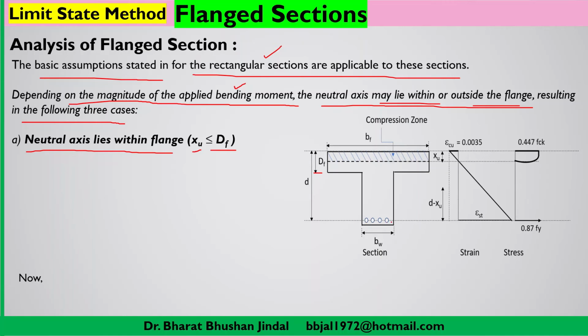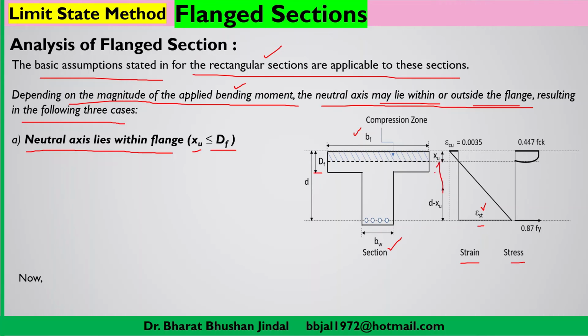This is the reinforcement which we have shown in the web, and bw is the width of the web, and small d is the effective depth of this section, and bf, as we have already discussed, is the width of the flange section. So what you will be observing here is the stress and strain diagram. Epsilon st will be the strain at the level of the reinforcement, and accordingly you have to take into consideration,